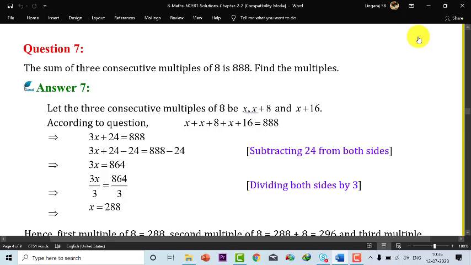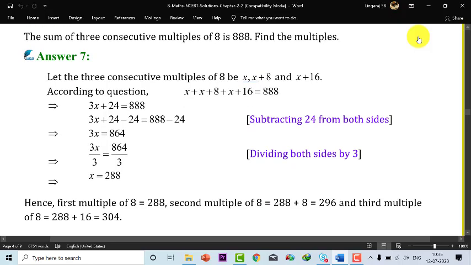3 8s are 24, then again 2 remain, then here 24 remain, so 3 8s are 24. Finally we cancel 3 1s are 3, 8 8s are 64. So we got x value is 388.